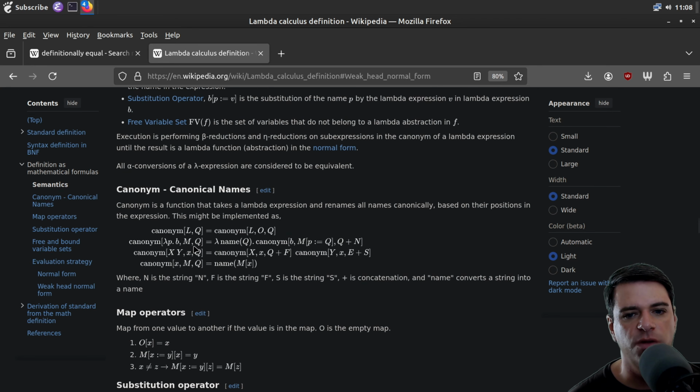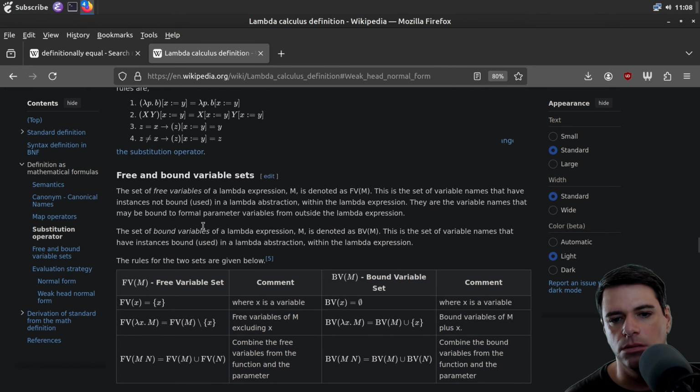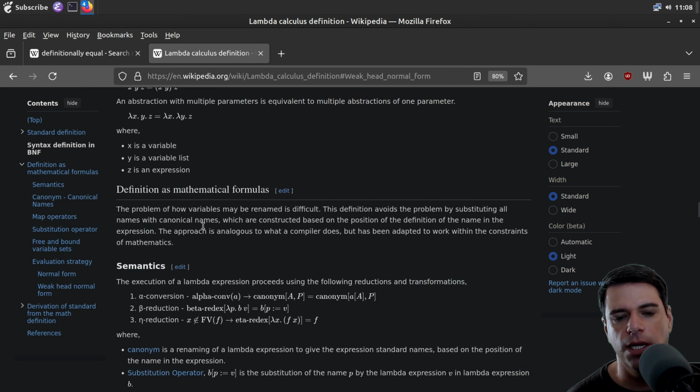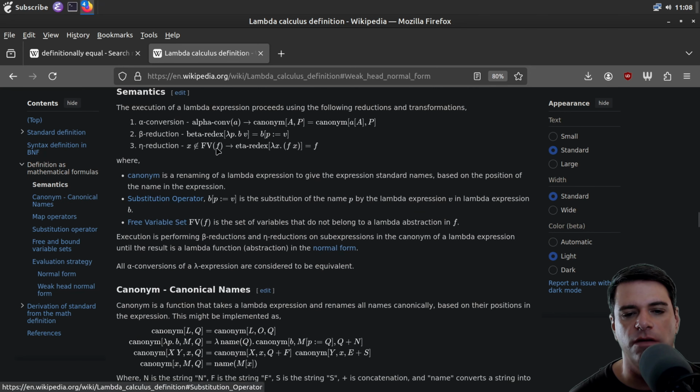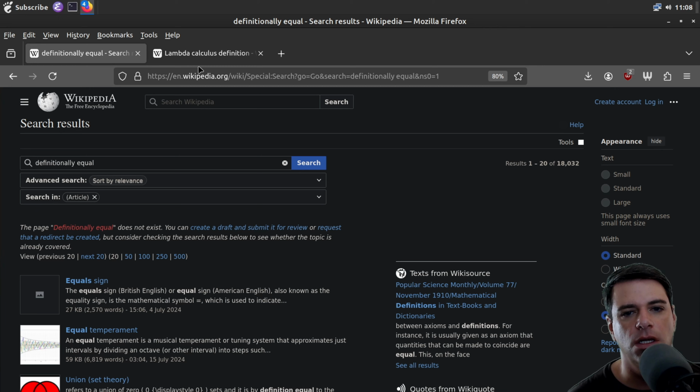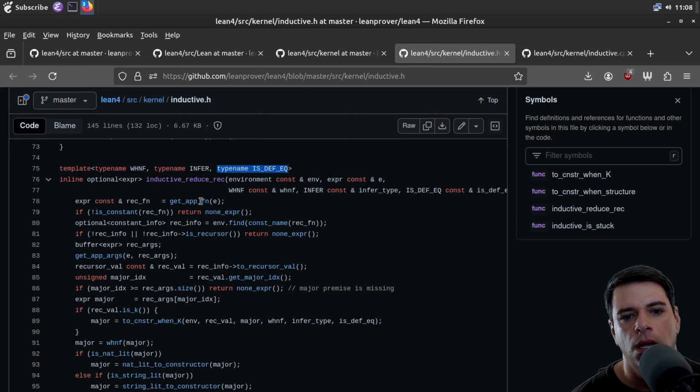Yeah, so this is lambda expression stuff. It's probably worth looking at, but I don't know this stuff now, and with 30 minutes, I don't think it would be fair to Lean to go too deeply into it. Okay, so